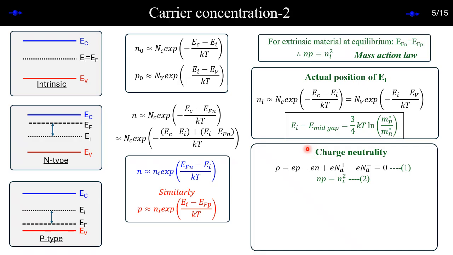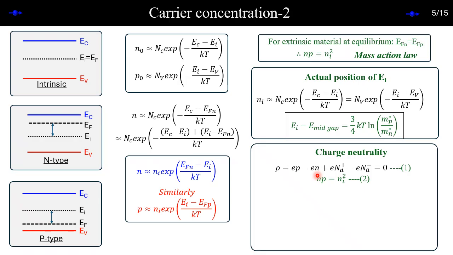Okay. So now let's do it in a more generalized way. Let's assume that we are doping with Na and Nd. And when we are doping with Na and Nd, let's assume that we have electrons and holes. N number of electrons and P number of holes are present in the system. Fine. We now need to understand this N and P relation.